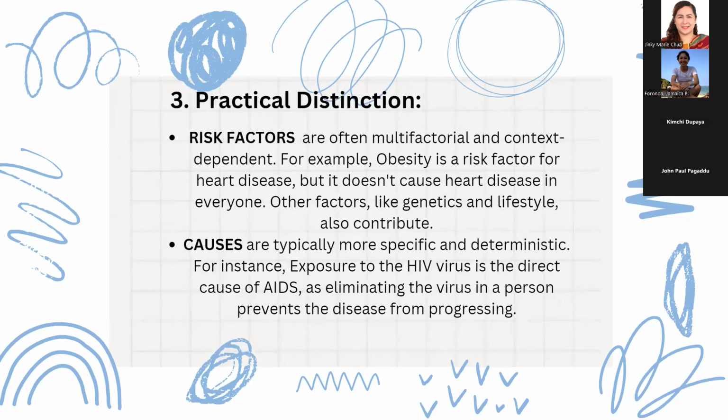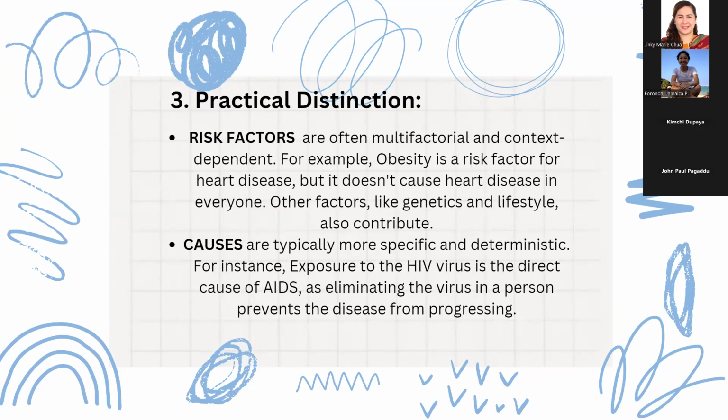in terms of practical distinction, risk factors are often multifactorial and context dependent. For example, obesity is a risk factor for heart disease, but it doesn't cause heart disease in everyone. Other factors may also contribute, like genetics and lifestyle. Causes are typically more specific and deterministic. For instance, exposure to the HIV virus is the direct cause of AIDS, as eliminating the virus in a person prevents the